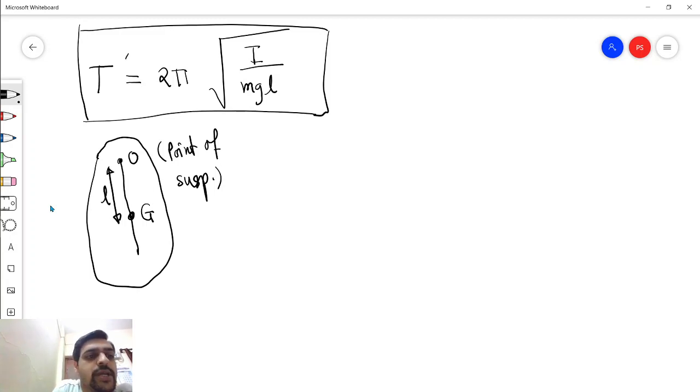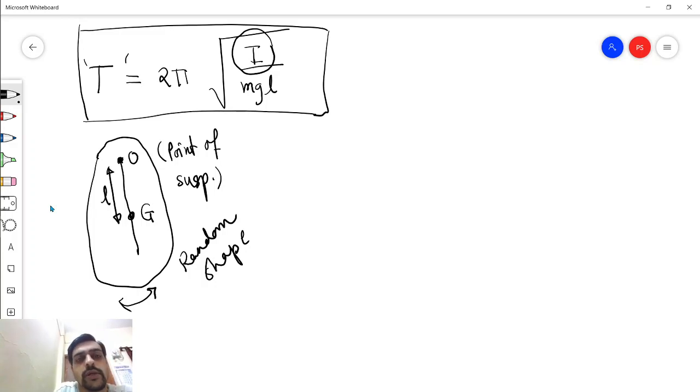In order to find out T, we must know the moment of inertia I of this body of any random shape when it oscillates about an axis passing through point O. So it is pretty much difficult to find out this value of moment of inertia I. So we have to modify this formula so as to get a form